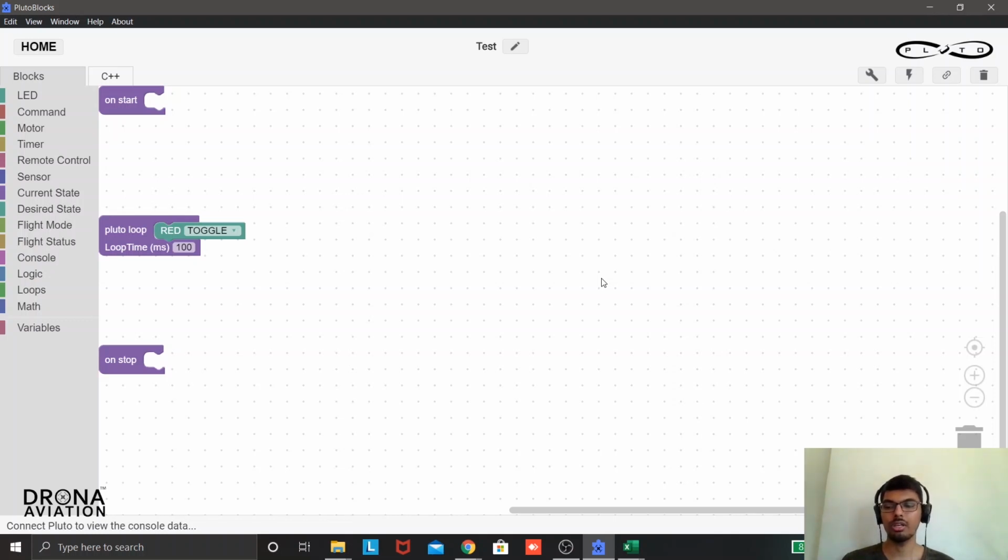So today in this video we saw how to get the software and how to extract the software. We learned all those, and then we executed a very basic project. You can obviously try different things. In the future videos we will be exploring all the different blocks that you see on the left hand side, and we'll be understanding how these blocks work and what different cool projects you can make on Pluto.